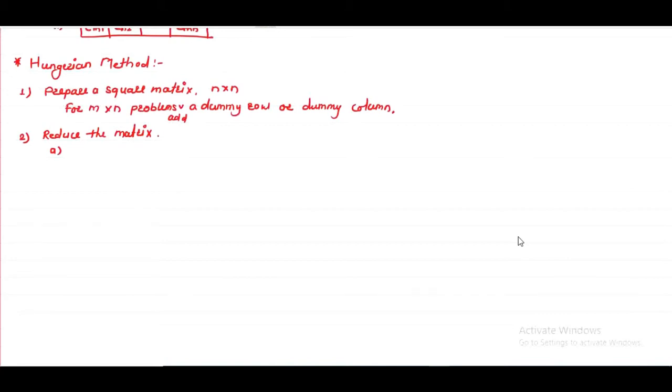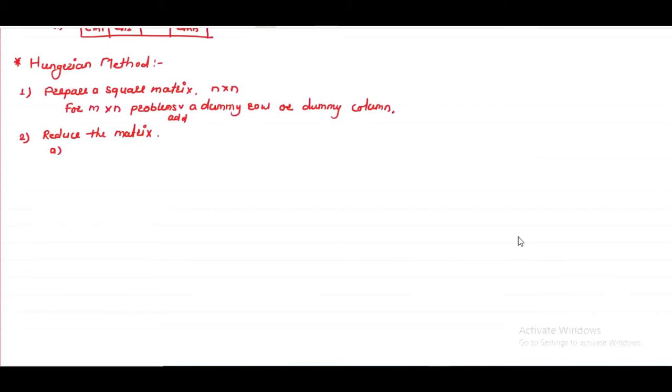Whenever we solve an assignment problem by using the Hungarian method, the problem should be of minimization type. Then only we can reduce that matrix. If the problem is of maximization, then first we have to convert that maximization problem into a minimization problem, and then we will use the Hungarian method.